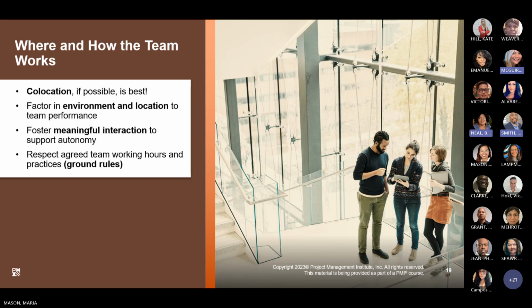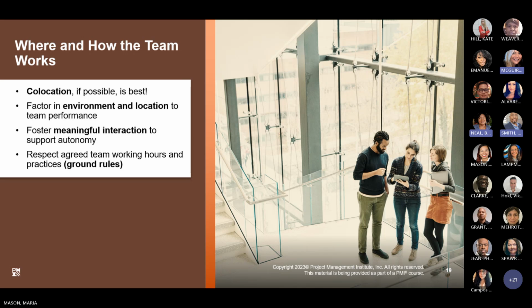Okay, so where and how the team works. The team environment and location of a project team are extremely important elements to leading and managing your projects. I'm sure you all know ideally it would be great if everybody on a project team could be co-located together, but in our world, that's just not possible, especially with a global corporation. Teams are located all over, not only the US, but globally as well. So we have to learn to manage and make everybody on the team, no matter where they're located, feel like they are part of the team.